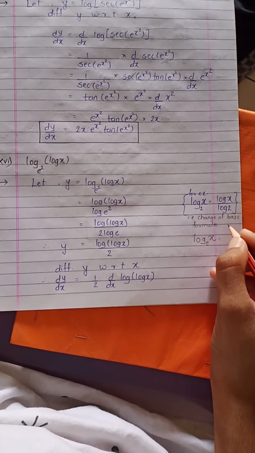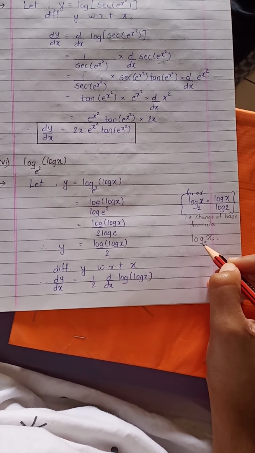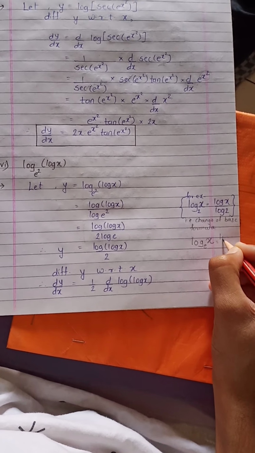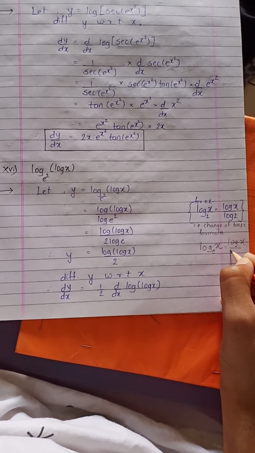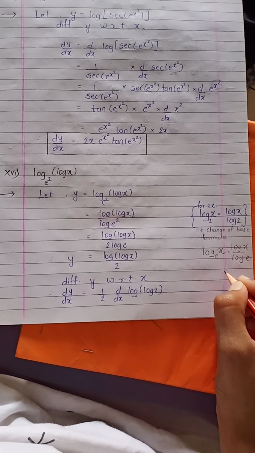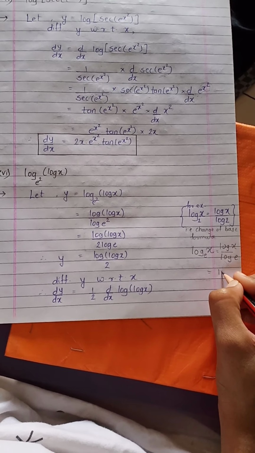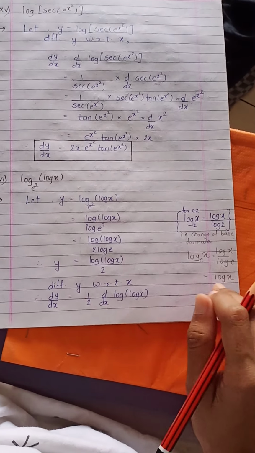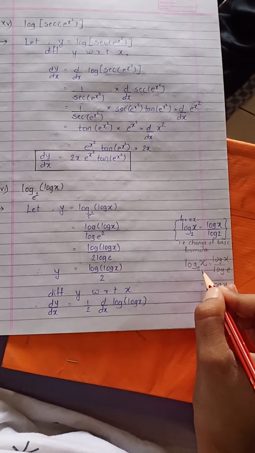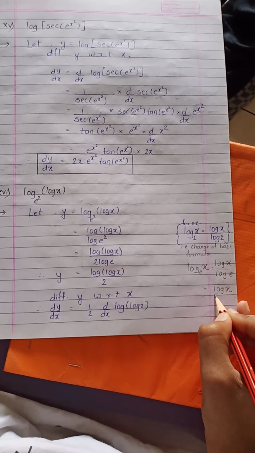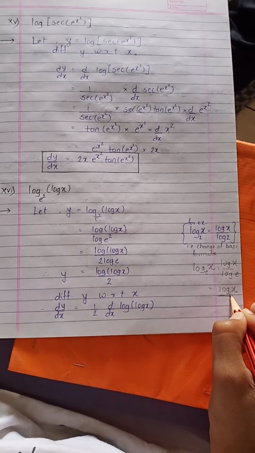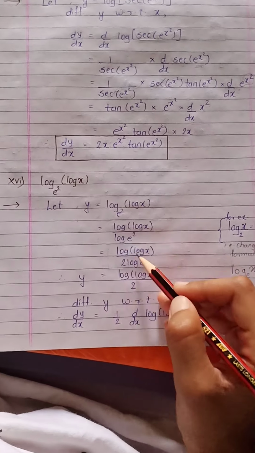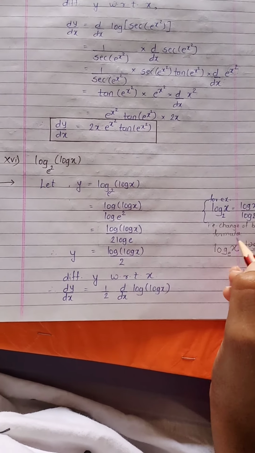Yes, if we take that and we write this using the change of base form, then we can write it as log x upon log e. Tell me, what is log e? 1. So which is nothing but log x. Therefore, the point of telling you both is that both use change of base. As log e, the answer is 1, therefore here the base is sometimes noted and sometimes not. Whenever there is a base different from e, we have to write that form using the change of base formula.